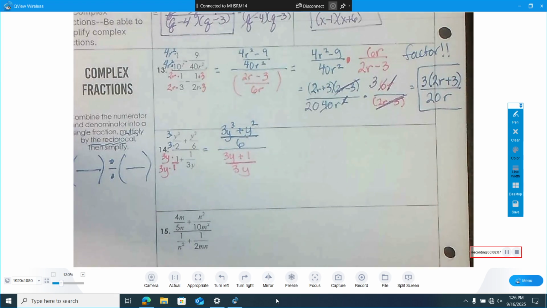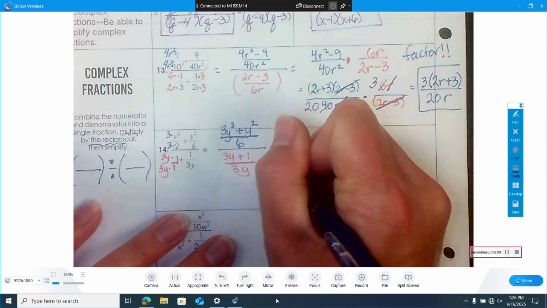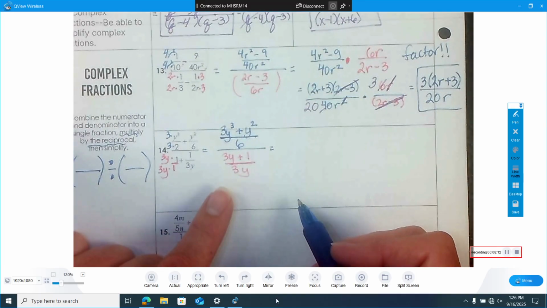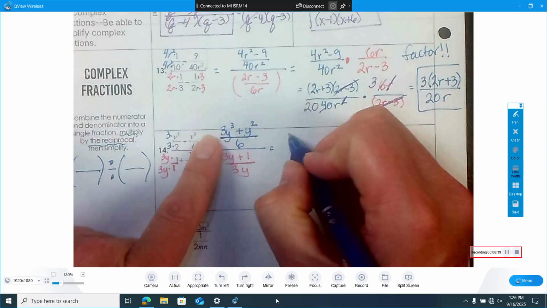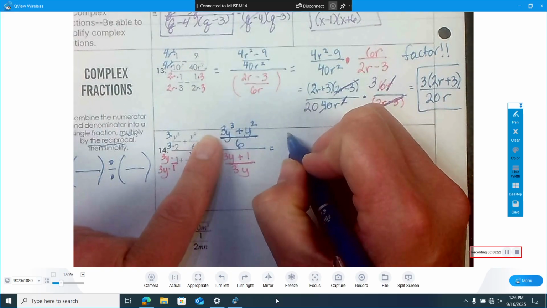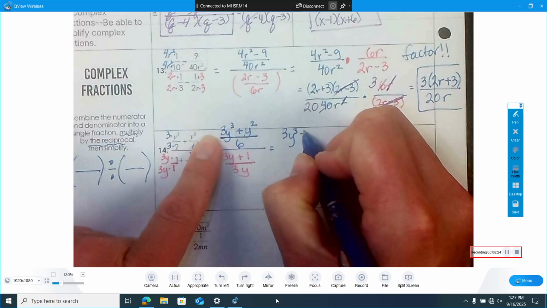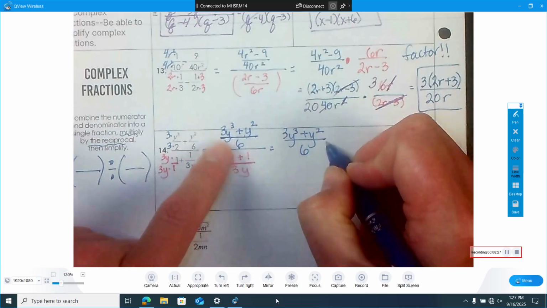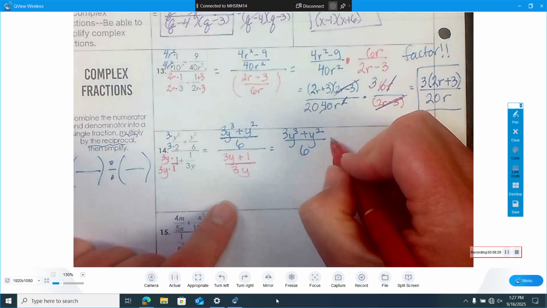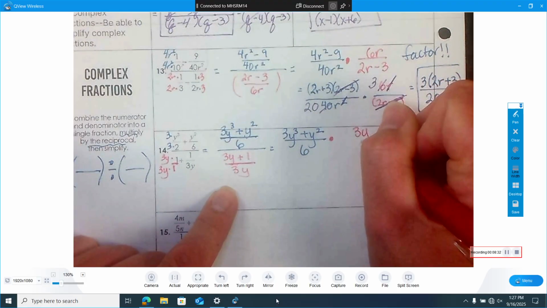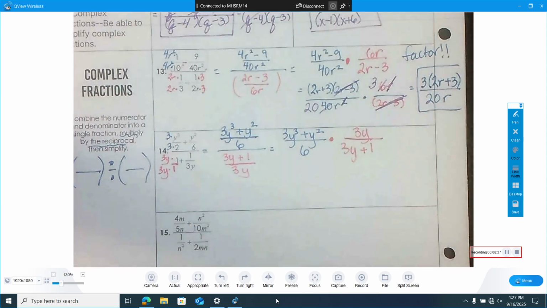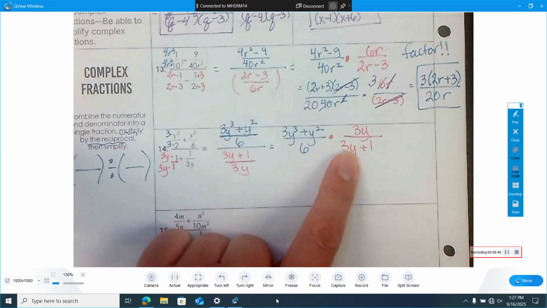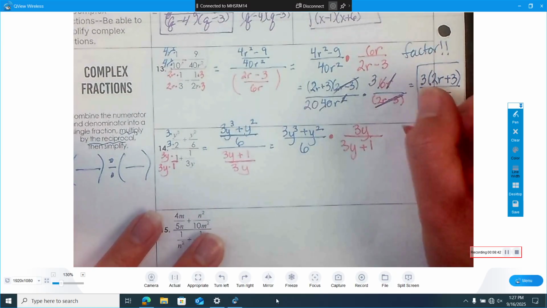All right, and now it's keep, change, flip. So 3y over 3y plus 1. So that will flip, yes. Okay. So 3y cubed plus y squared over 6 times 3y over 3y plus 1. Beautiful. All right. So we did keep, change the sign, flip the fraction, and now we've got to factor, factor,